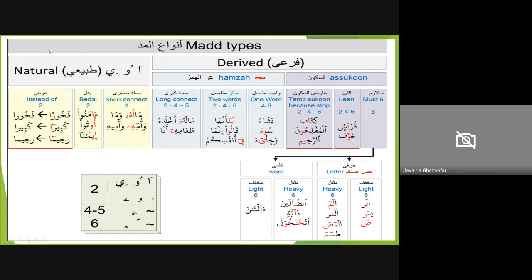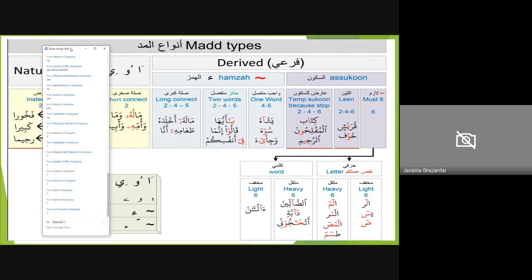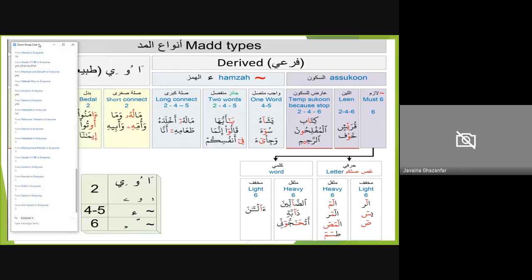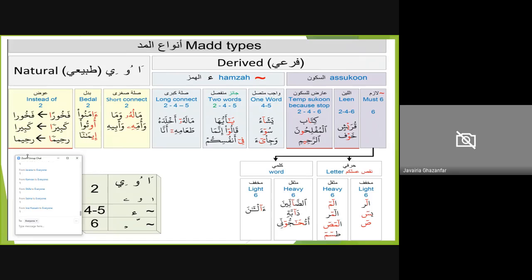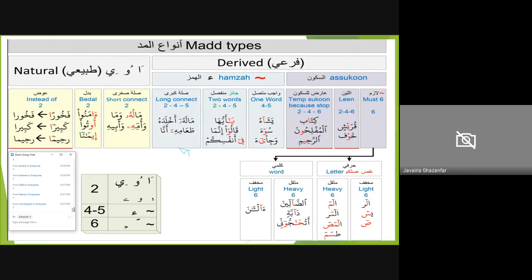Can you go ahead and write on the prompt how many total types of mud are there? Go ahead and write that. Total number of mud types. If I ask you to find the different maduds, then how many total can we find? So go ahead, type that in, and you can even count these blocks all the way from here. So let's see who's going to be my first one to respond.